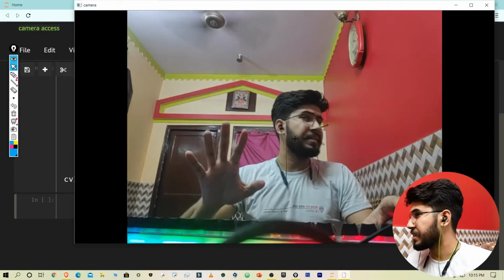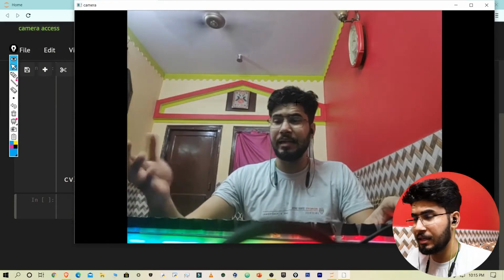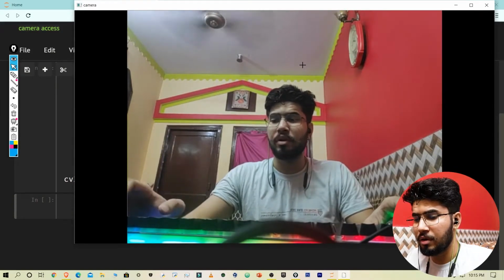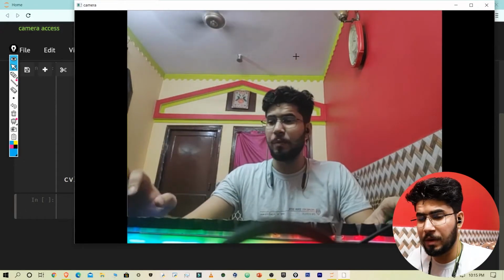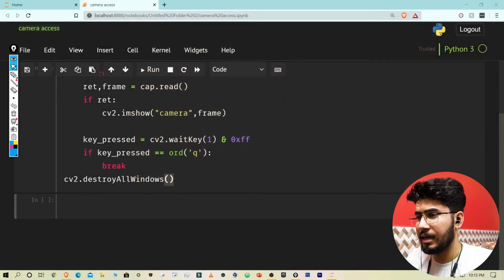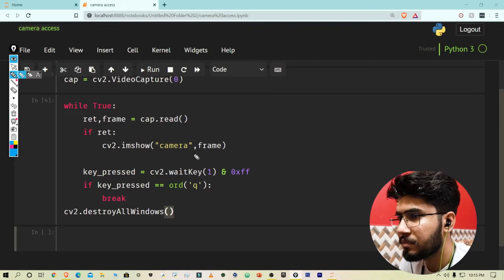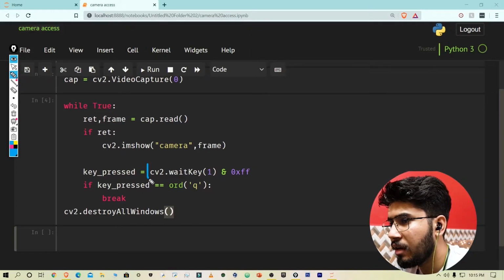So it is working this time, as you can see, and it is waiting for a key. We can press anything, but it is not going to break the loop until we hit q. And as soon as I hit the q button, it broke out of the loop. So what is happening here, let me tell you that when we read a key from a keyboard,